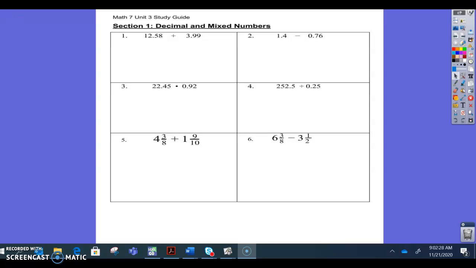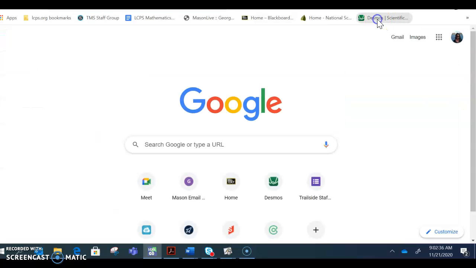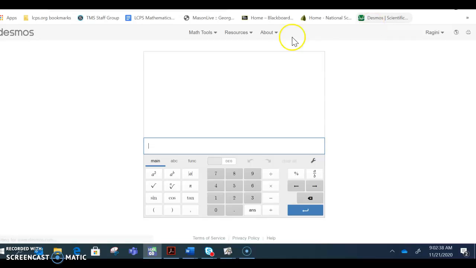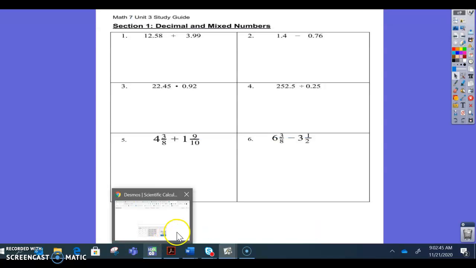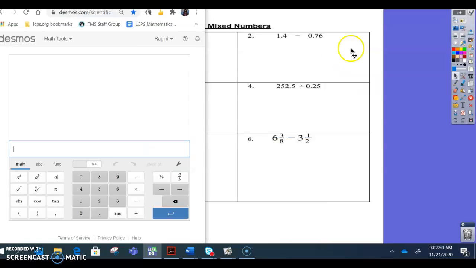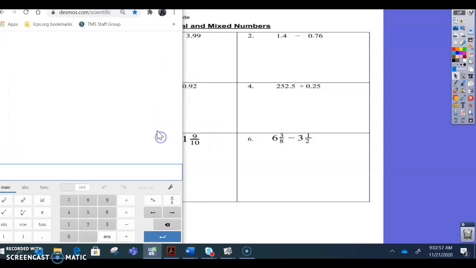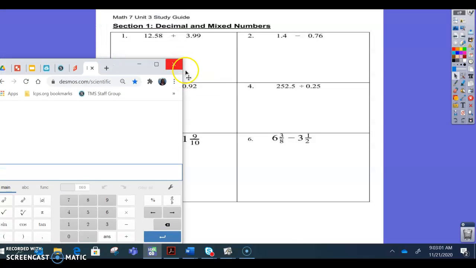So all you need to do is, and I'm going to bring up my calculator, give me 1 second. I'm bringing up my decimals calculator, and I will do it in the calculator because I want you to do it the same way. So go back here and bring the calculator. Let me see if I can reduce the size of the calculator even further. Sorry about that. Okay, so the first problem, it says